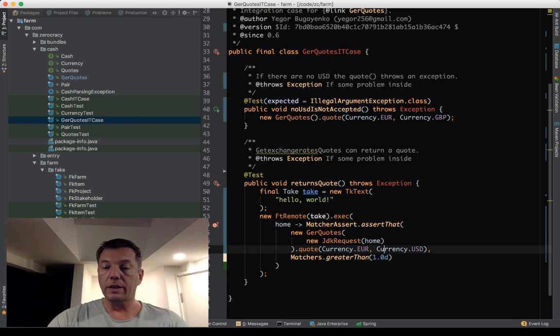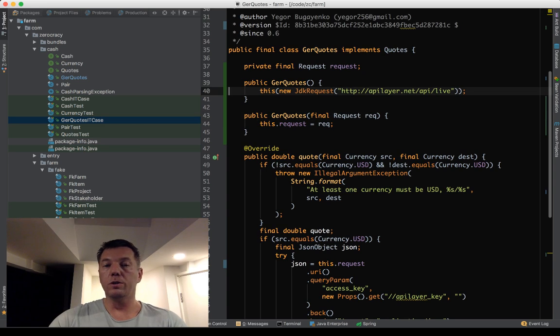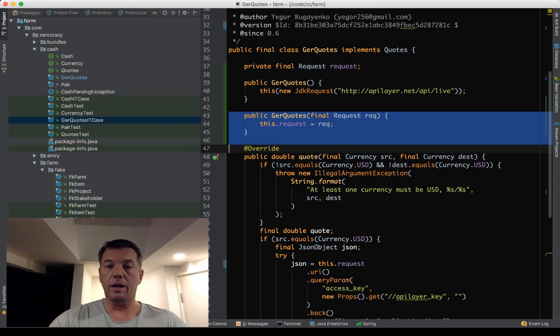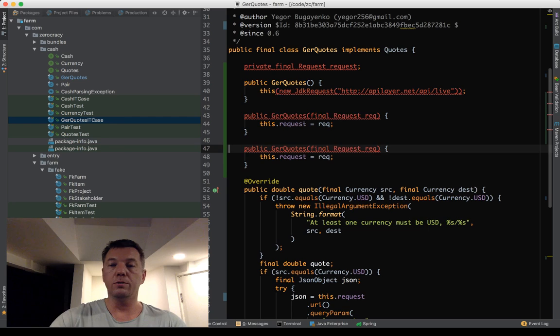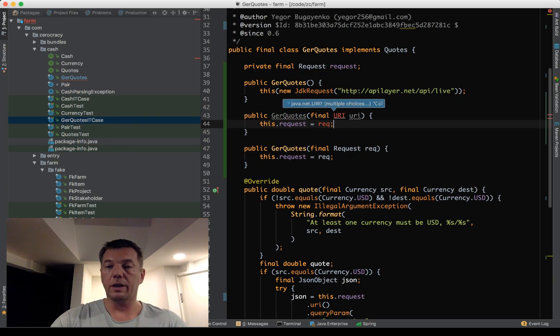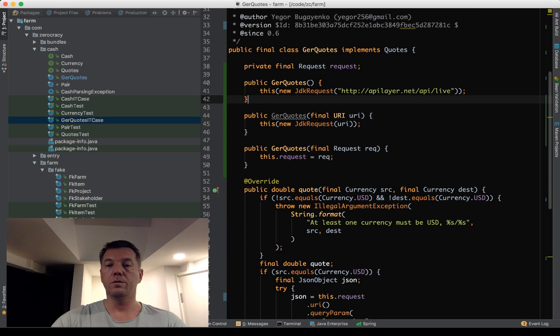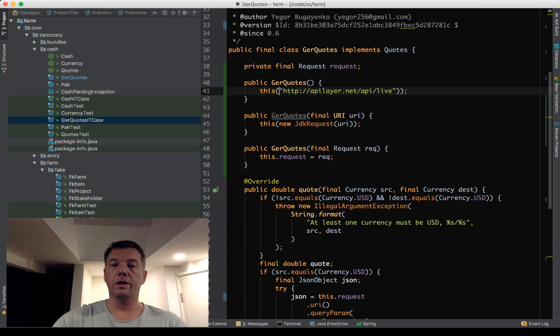Let's improve this class a little bit more. So let's say I don't want to give you the request all the time. I want to have an ability to give you the URI. I want to make this class even easier to use. I'm introducing a new secondary constructor. There you go. And here we fix it like that.